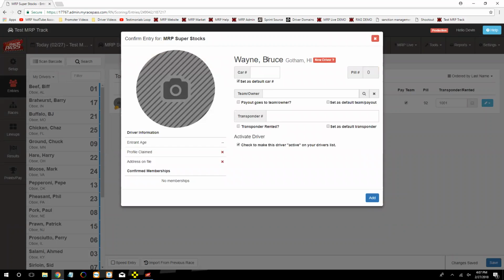If you do have this driver, and let's say Bruce has been racing here every week, and it pops up that message with this red box, that's our first sign that, hey, this is not the driver we've raced with before. Maybe we want to check that he's not using his middle name. Maybe he's using his middle name Robin in the other one. Whatever the case is, we want to make sure that we eliminate those,